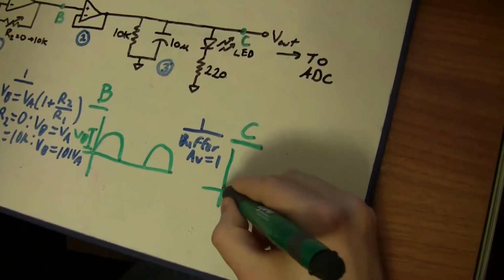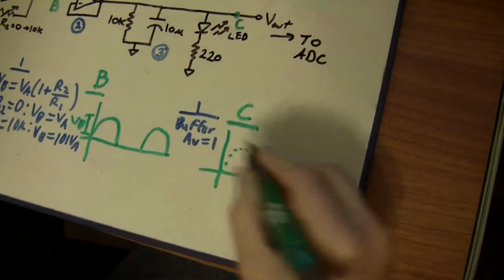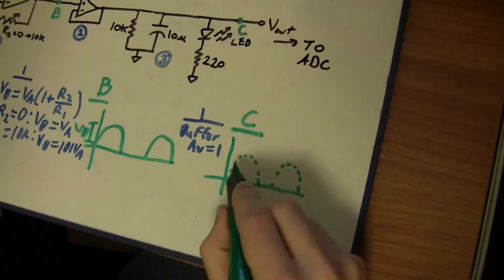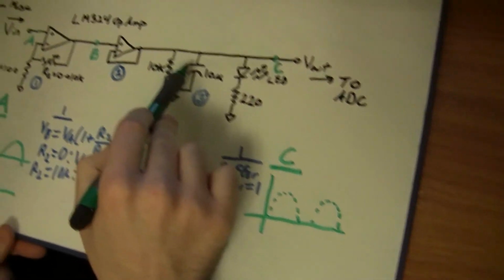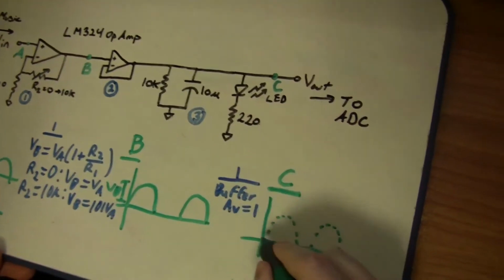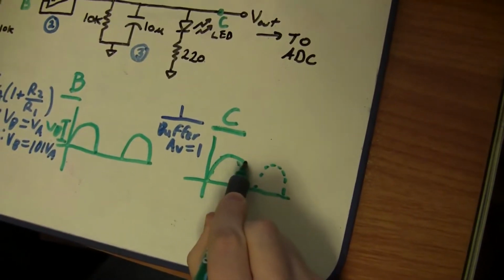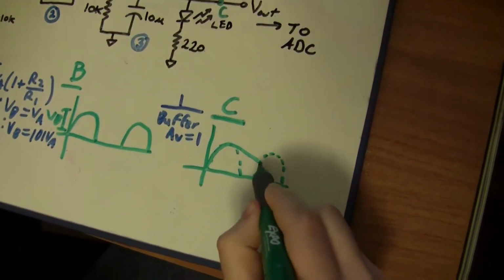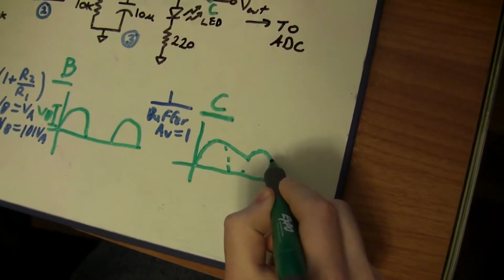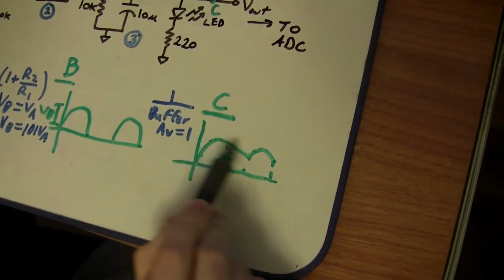looks like this. So we have our initial curves from over here in B, and now instead of going all the way down to ground, we instead have charged up our capacitor here, which will then start discharging across the resistor over here. So we'll charge up the capacitor, and then the capacitor will start discharging until we begin going back up and the voltage has exceeded the voltage of the capacitance, which will then have it go back up, and so on. So this allows us to have a smaller ripple and actually kind of get an average of